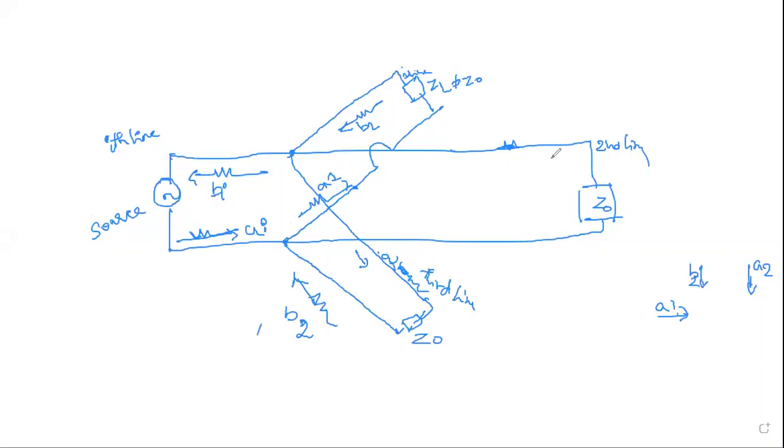So first, if you consider one source line, for this source line, I'll be taking from here, which is A1, which is one port. B1 is the reflected wave. From the B1, which is reflecting, you will be considering one A2, which is entering, B2, which is reflecting. One more, if you need, you can just consider here. Similarly, like how we have considered, just draw a parallel line and again consider it as Z0. The one which is entering, the reflecting will be B3, entering will be A3. Similarly, you can draw for a different figure.